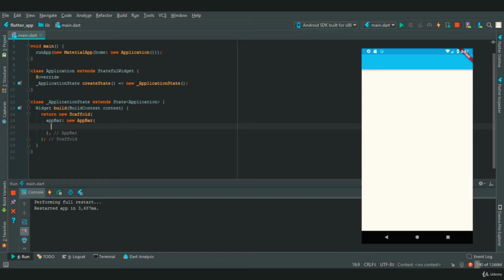So we will change the color of an app bar using a background color property, which takes Colors.green. And now let's restart. Now the color has been changed, but our app bar is missing a title. So we'll provide a title using title property, which takes a widget. So we'll provide a text widget, and a string that we are going to provide will be app bar widget. Now let's restart our app.